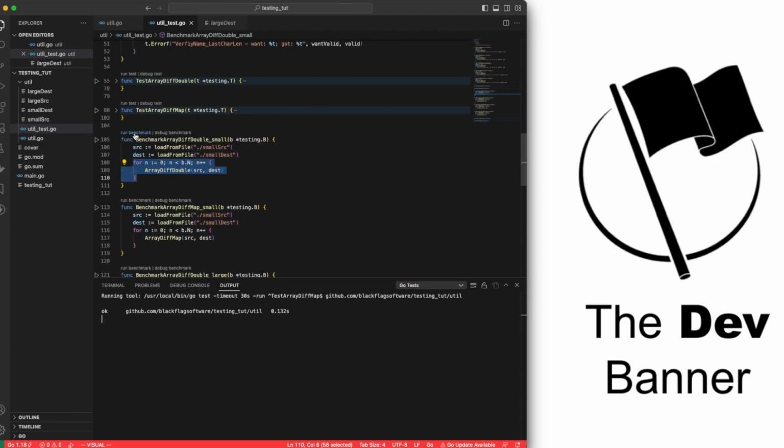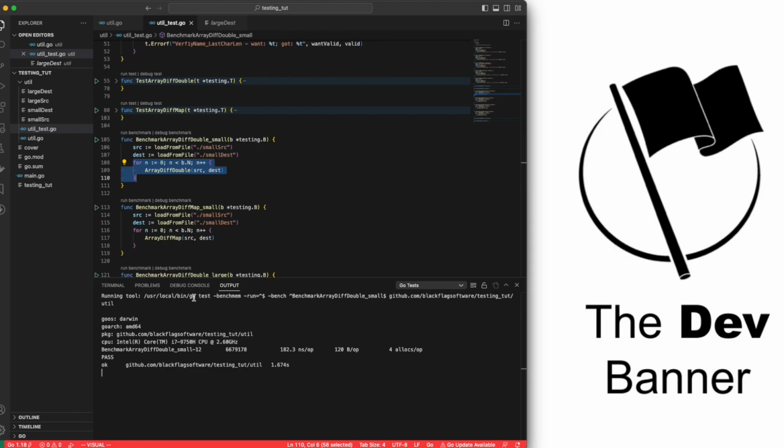And so I'm going to run this benchmark through Visual Studio, and you can see that what it did is it told me to run nothing on the tests. It's an empty string with this regex, but with this hyphen bench, run this test. So we've seen this before, and as you can see, which is the package, which is util. It also added this bench memory,